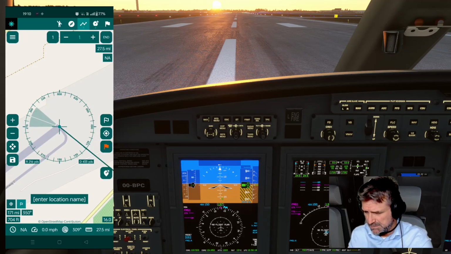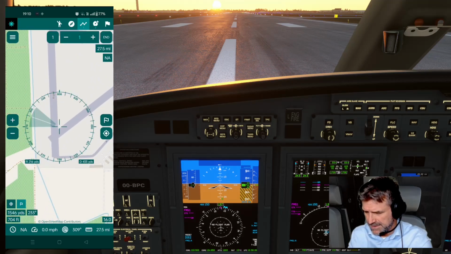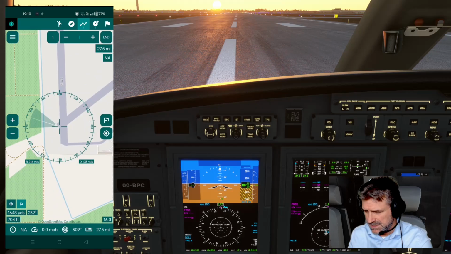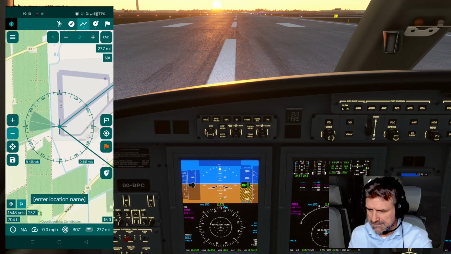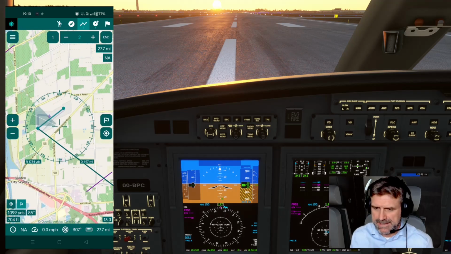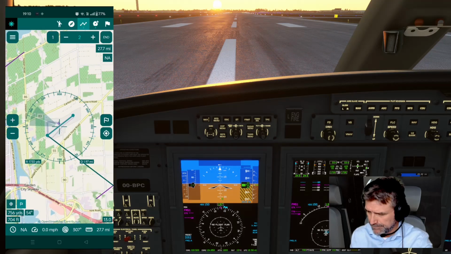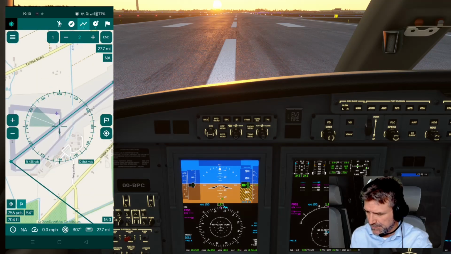Add it as a first waypoint. We're gonna put in a second marker at the other end of the runway, at the other threshold, and then add it as a waypoint. And now we've got our runway entered as a kind of mini waypoint in StraytWay, and that's all we need. No, we need one last thing. That's the elevation of the